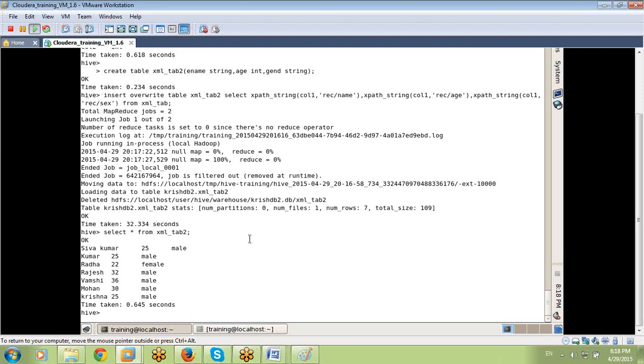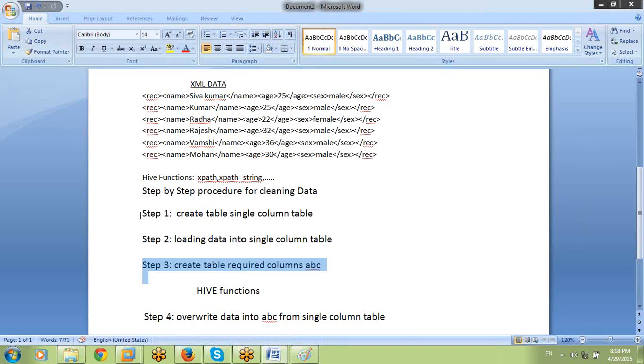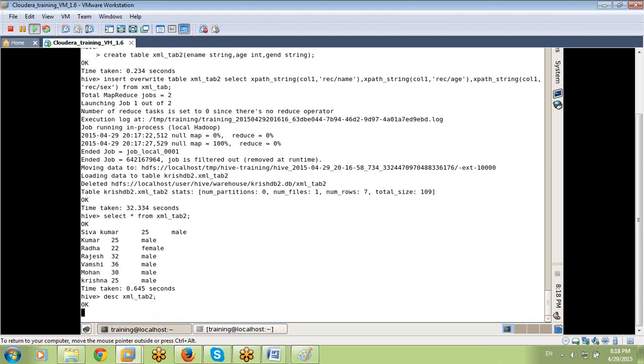So what is running behind the fifth query? First, we have 4 steps in this process. In the first 3 steps there is no MapReduce, only the 4th step runs MapReduce. Why? Important query again. For example, select star from XML tab 2, there is no MapReduce. Describe XML tab 2, there is no MapReduce.